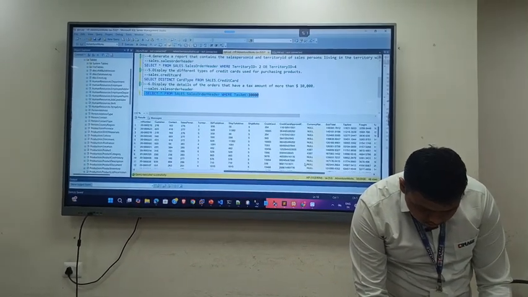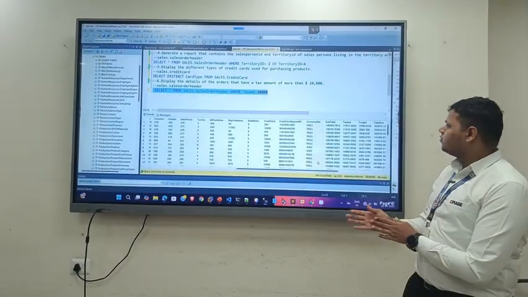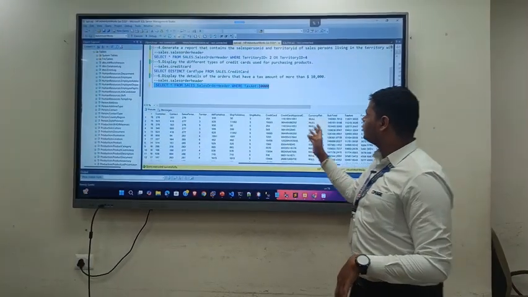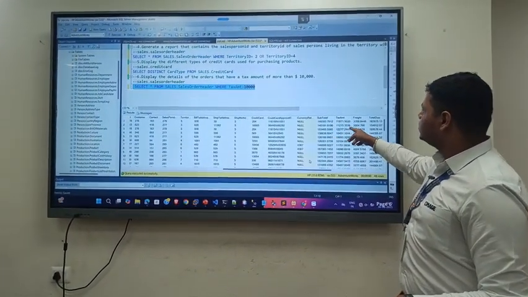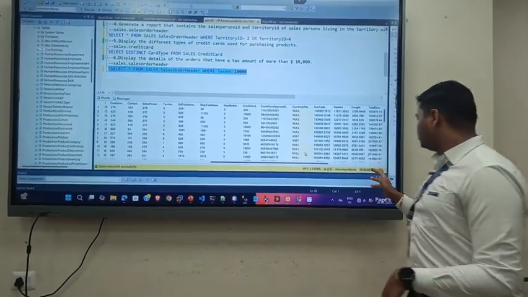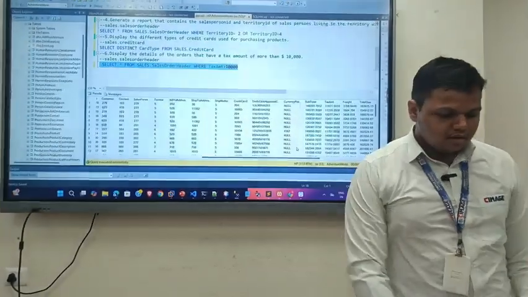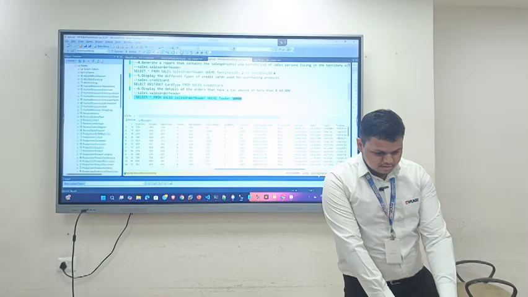Here we can see that we have got all the rows from the table where the tax amount is more than 10,000. We have got 48 rows here. So with this, I would like to end my PPT. Thank you.